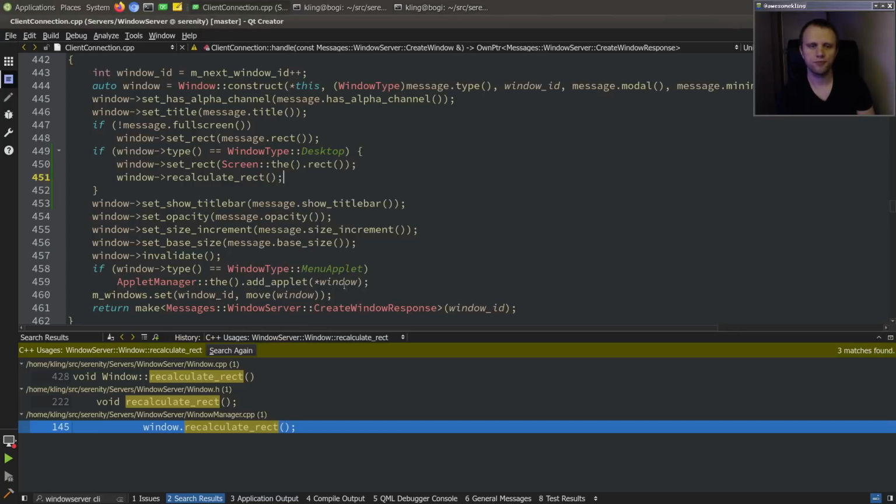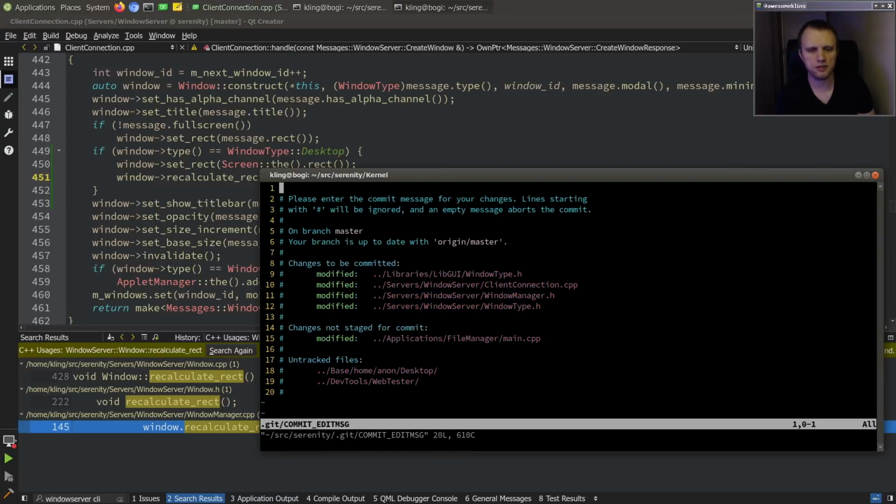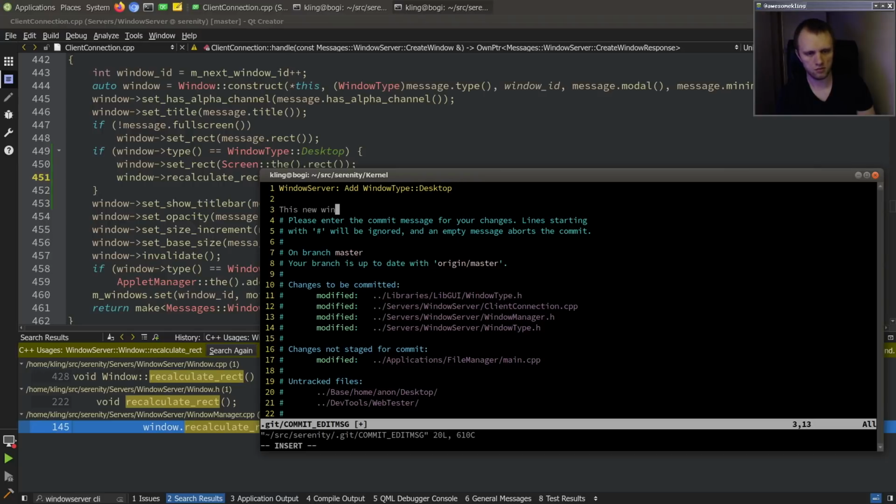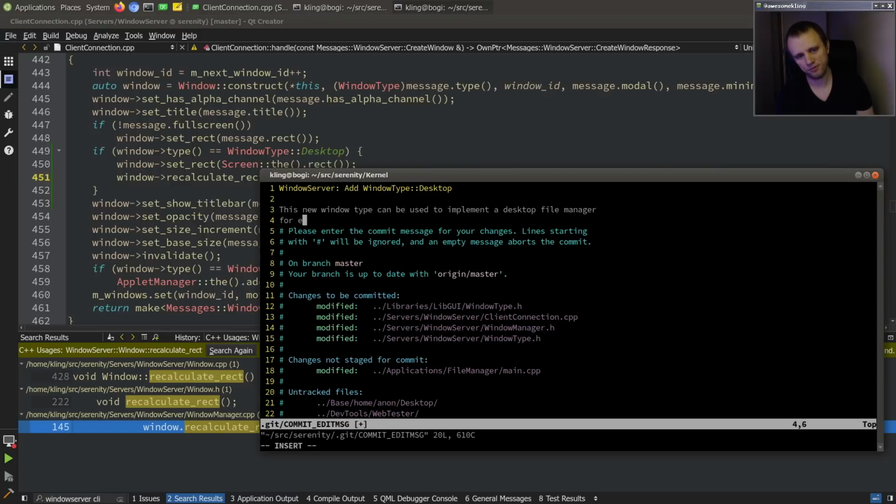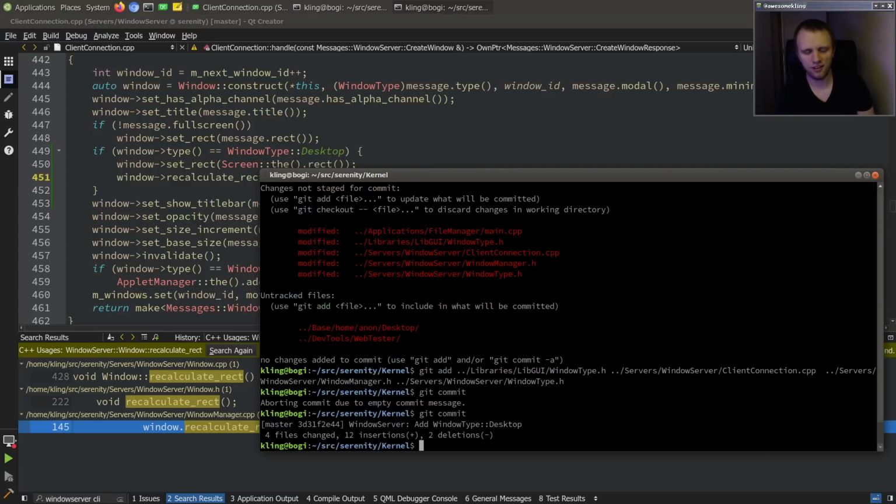You know, yeah, we'll just take it as it is. Windows server add window type desktop for this new window type, used to implement a desktop file manager, for example. All right, and then